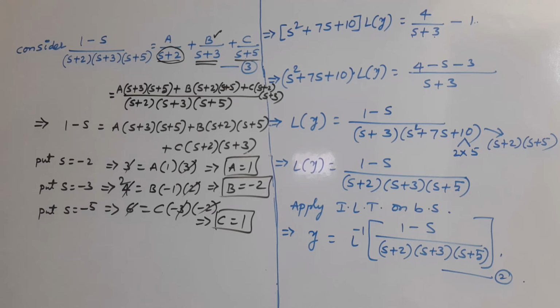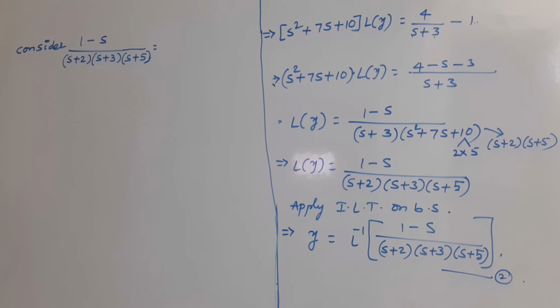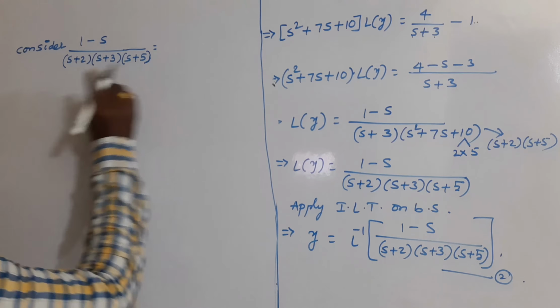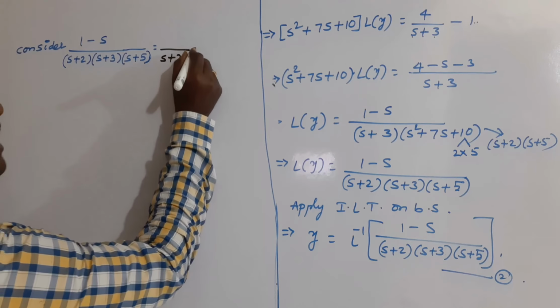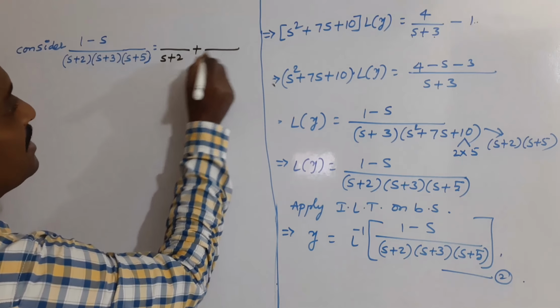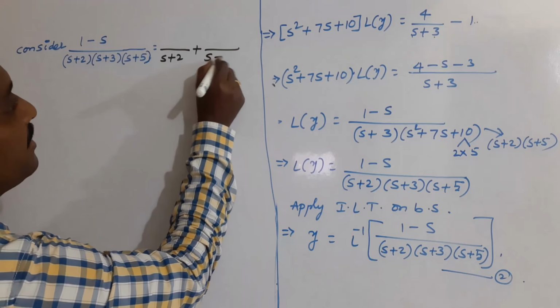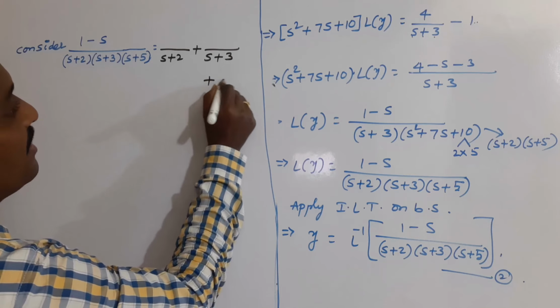In this way we have to find out the ABC value. And I will give one more important trick to find out the ABC values without taking LCM here. See the technique to find out the partial fractions. First write something by S plus 2 plus, second term is something by S plus 3 plus something by